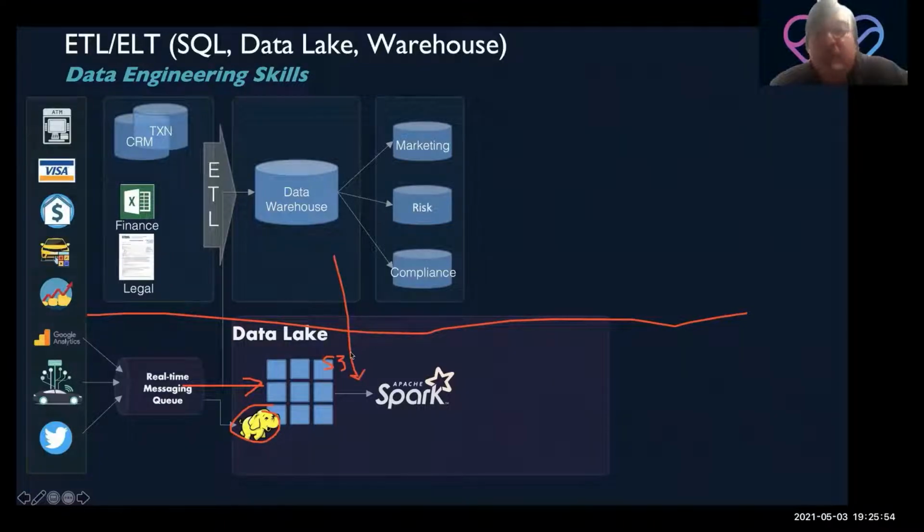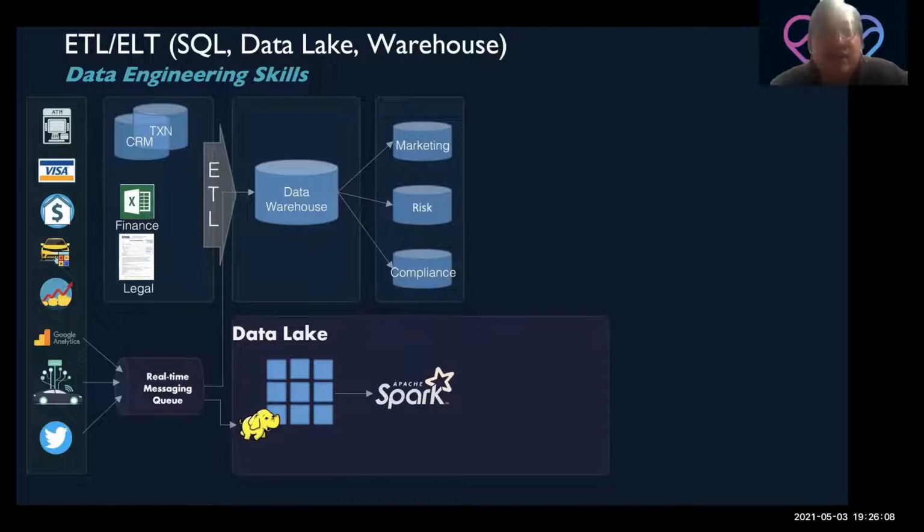So if you want to process and transform data using a data lake, knowing Apache Spark is very important. Not every company needs Apache Spark, to be honest, but if you do any job market analysis, you'll find Spark is the number 3 or number 4 most popular skill in those job postings. Okay,